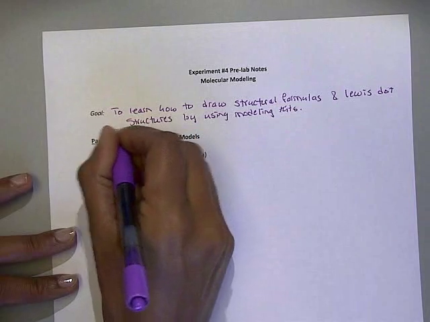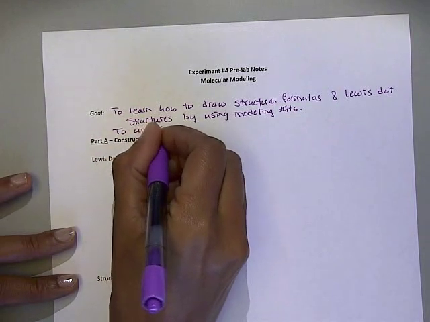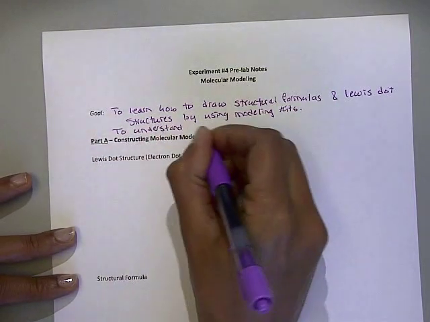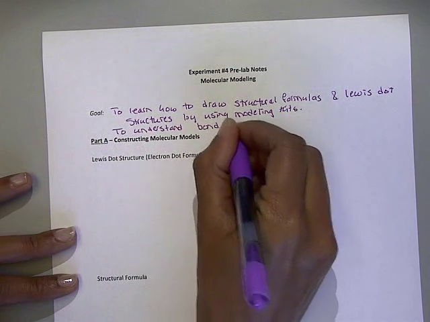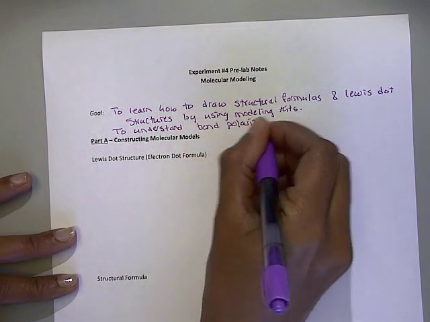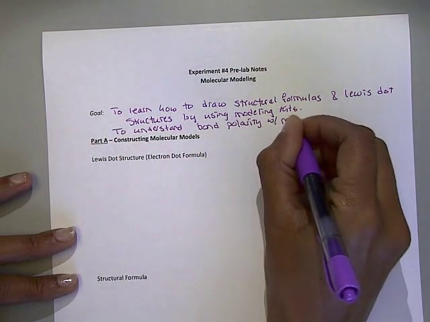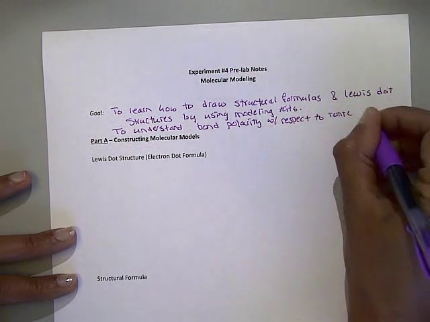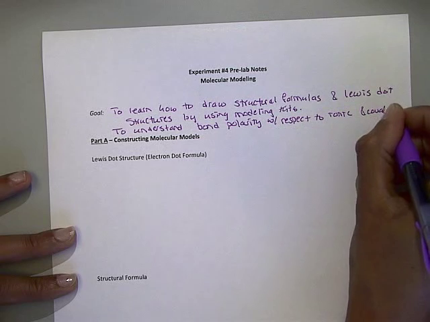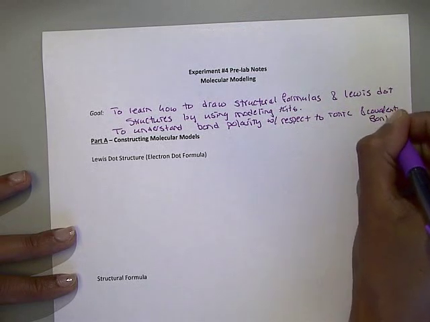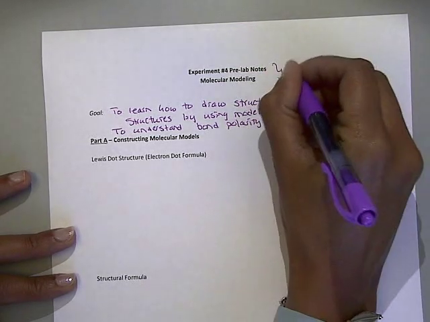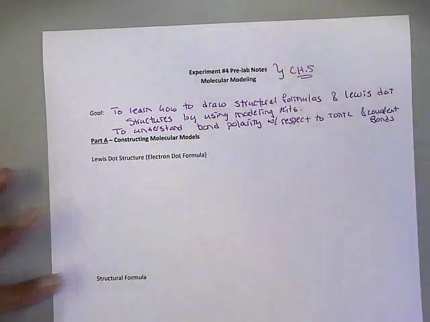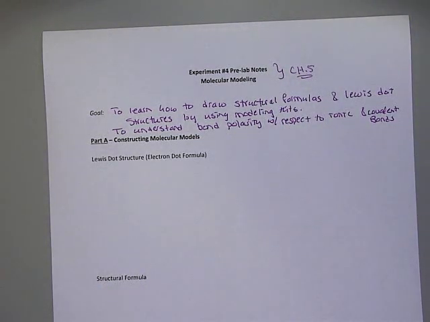Another goal of this lab is to understand bond polarity with respect to ionic and covalent bonds. This lab has to do with chapter 5 of your textbook, so please make sure you read the appropriate